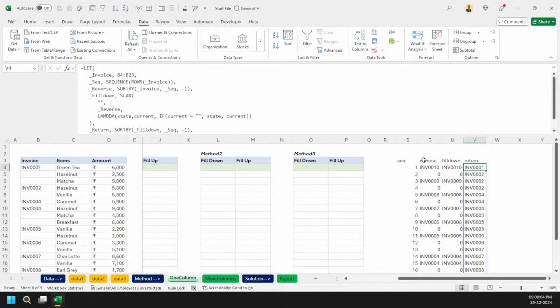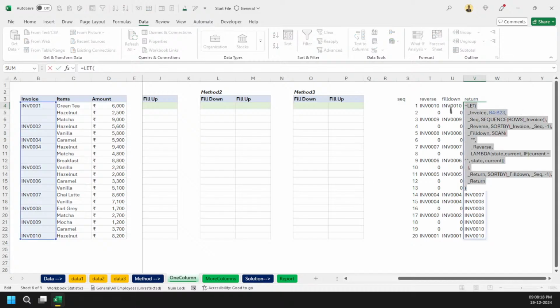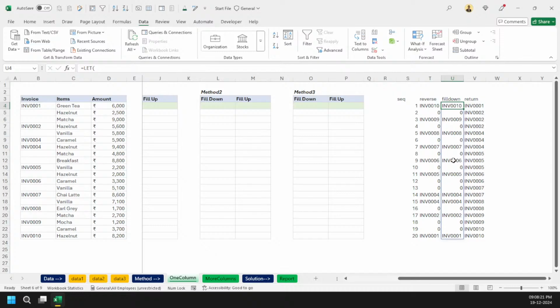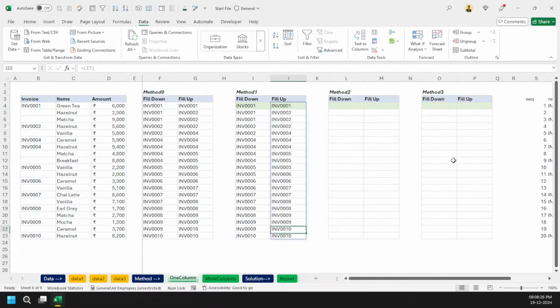Yeah, so you can see now I've got my filled up values, right? So that's what I mean. Behind the scenes it is a blank value, and because it is a blank value, I have not made any changes to zero. So now let me copy this whole thing. Yeah, so I have got fill up values. So this is one of the ways you can use the scan function to fill down the values and fill up the values. We will see more and more how it can create problems when we are working with more than one column. But for only one column, it is easy to go.